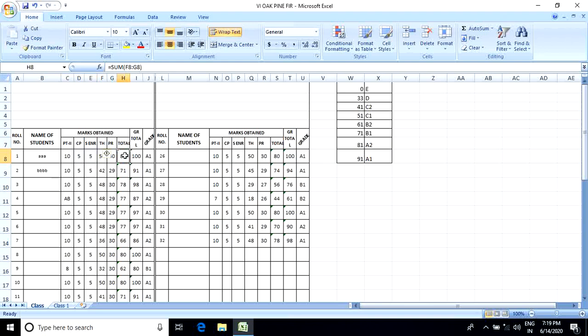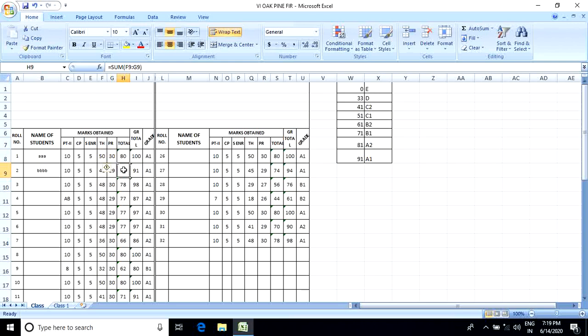This value is H8. So the total will be this: 10 plus 5 plus 5, 20. 20 plus 80 equals 100. And here we can also find 50 plus 30 equals 80. In that way, we can easily calculate the sum of numbers.